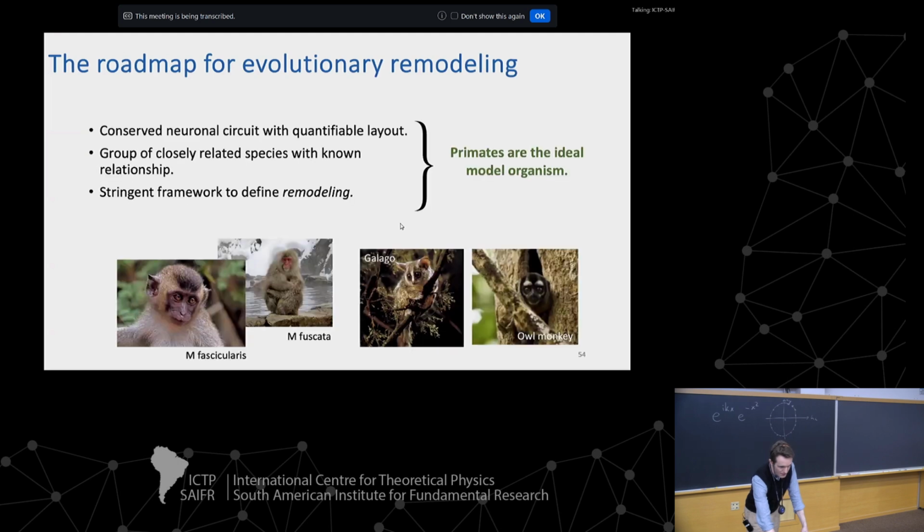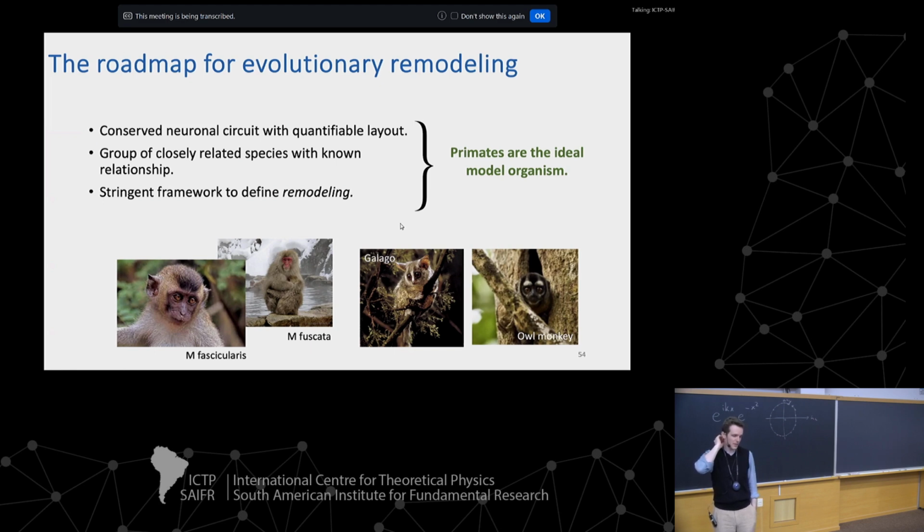So here are a few examples that will end up in our later data set. The left two are two types of macaque monkeys. Then there's the galago and the owl monkey. Primates have had a fantastic run over the last few tens of millions of years, the last 30 to 40 million years. They have diversified in many different